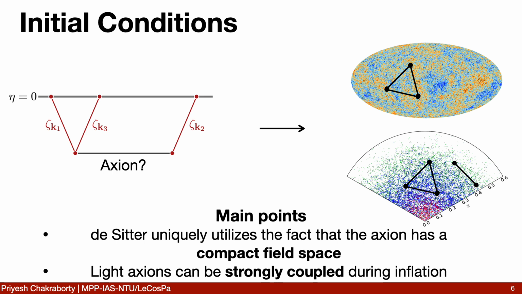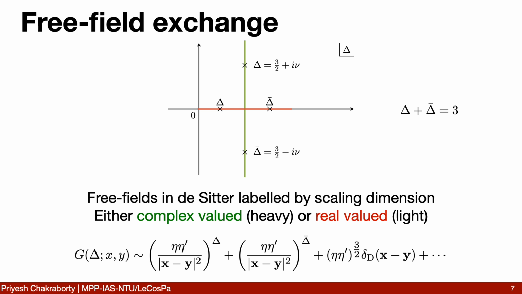the two main points that I will try to communicate are that the physics of these axions in de Sitter, or inflation, seems to uniquely care about the fact that these have a compact field space, that they're compact scalars, and moreover, because they're light, effectively massless during inflation, these axions will represent a strongly coupled sector during inflation, and as such, studying them is a departure from studying the kind of weakly coupled free fields that have been studied extensively in the past. Okay, so first let's talk about free fields.